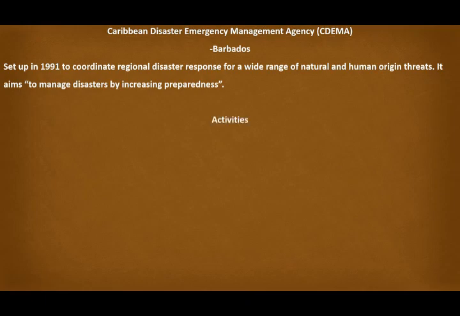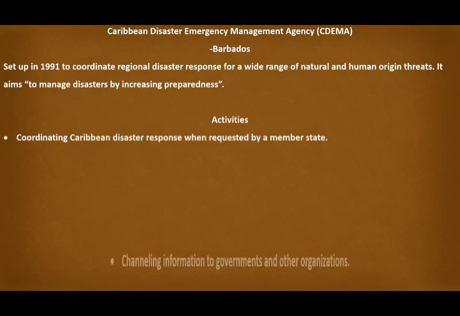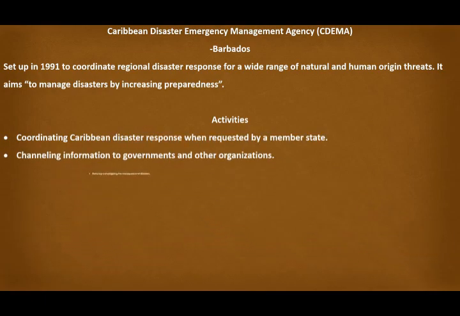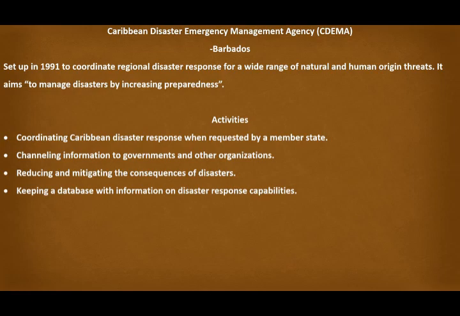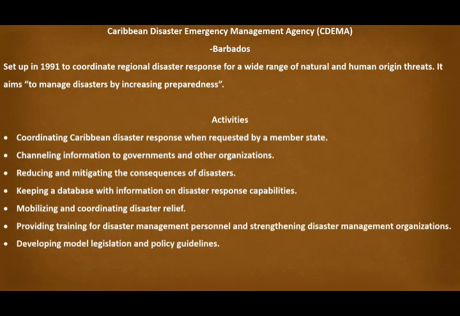And these are the activities that it's mandated to carry out. But why not? I would love for you to hear from them yourselves.